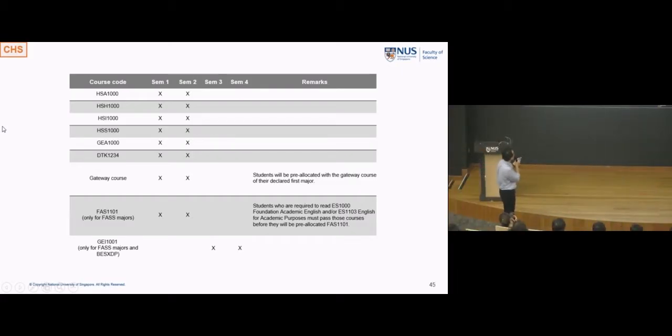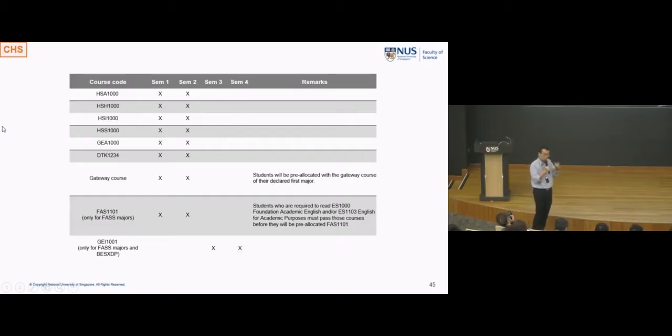So for example, the first couple of integrated courses, as well as GA 1000 and DTK 1234, will be pre-allocated to you either in your first semester or the second semester of your first year. All right? The gateway course, which is that level 1000 introductory course in the intended primary major that you want to study, will also be pre-allocated to you, provided you let us know what your intended primary major is.